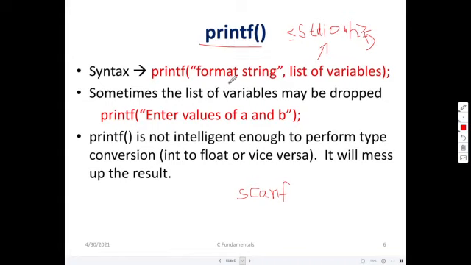Yes, my dear friends, user defined header files are there. Suppose I want to make my own header file, ilango.h, with my own functions defined there. Whichever is not available in the compiler package, I write hash include ilango.h in double quotes. If it is in angle brackets, it is a built-in header file, and this is a user defined header file.